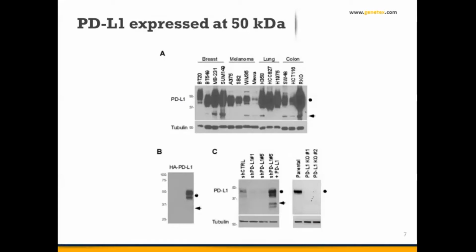Then we moved to another method to investigate PD-L1. We cloned this 290 amino acid, 33 kilodalton cDNA, transiently transfected it into 293 cells, and then did the Western blot. To our surprise, this PD-L1 does not express at 33 kilodalton. Instead, this overexpressed PD-L1 also expressed at the 50 kilodalton molecular weight. So we started to speculate that maybe the 50 kilodalton band on the Western blot is the true PD-L1 expression signal. To further validate this hypothesis, we used shRNA and